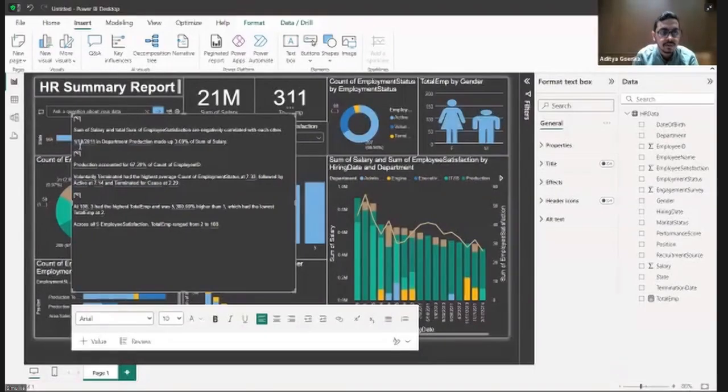Department production made up 3.69% of sum of salary. Production accounted for 67.2% of count of employee ID. Voluntarily terminated had the highest average count of employment status at 7.33, followed by this. So the entire summary of this analysis has been given to you at the click of a button.